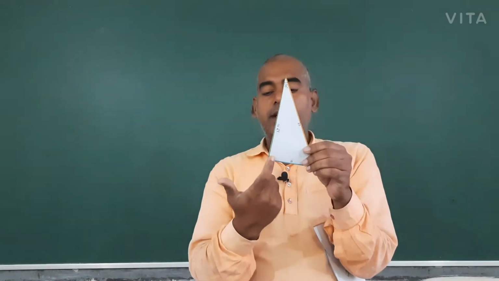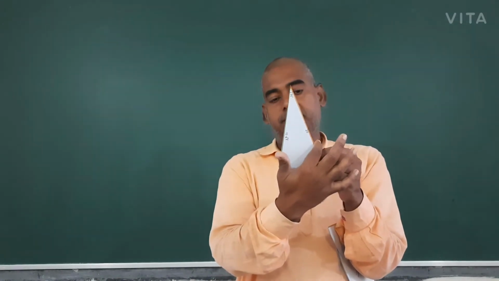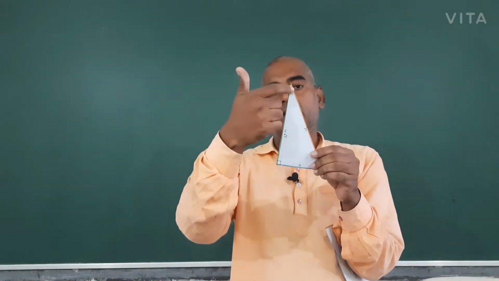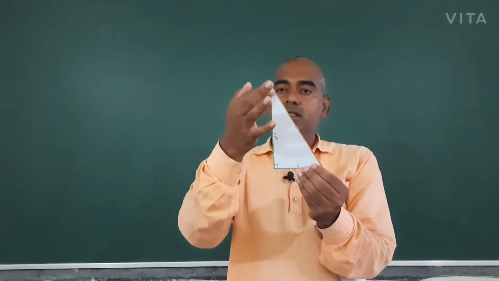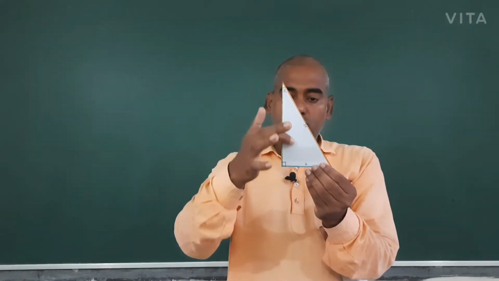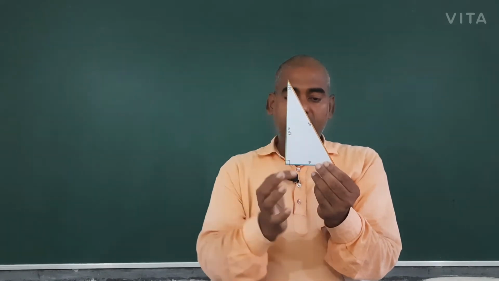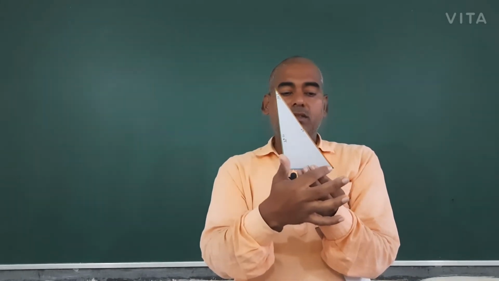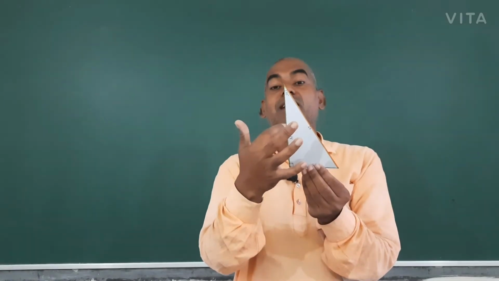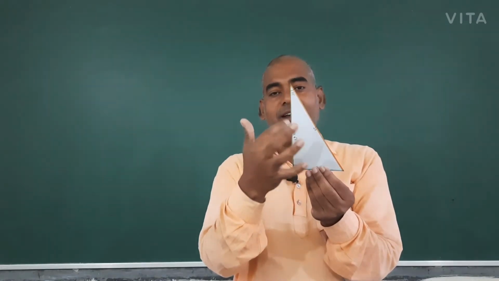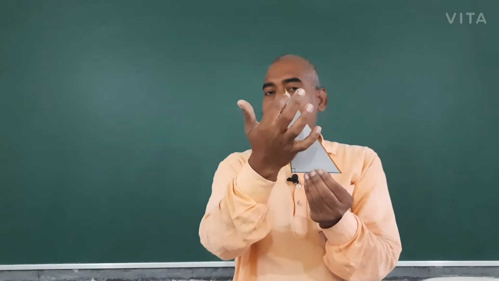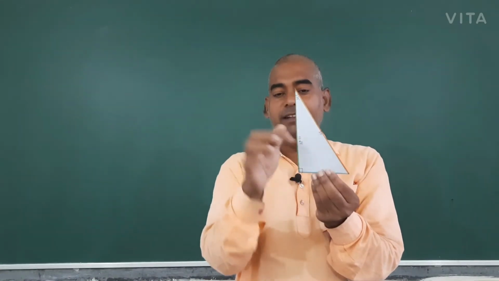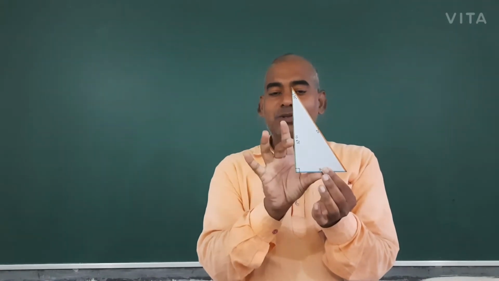So this is 90 degree, hypotenuse will be the greatest. The rest, this angle and this angle, this is 30 degree, so opposite to that side will be smallest, and this is the 60 degree, so opposite to that side is the middle one. And the angles are in ratio 30 and 60. Later I will tell you, these sides are also in the same ratio.